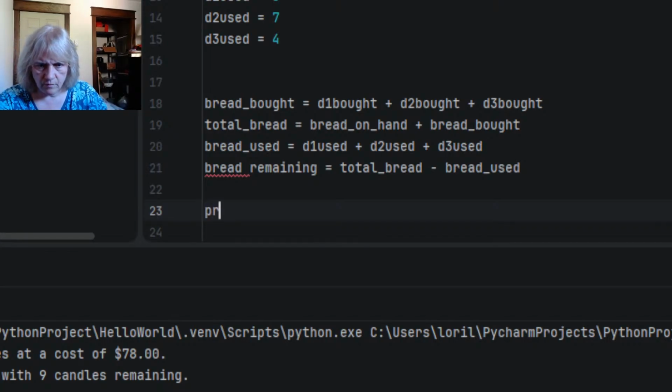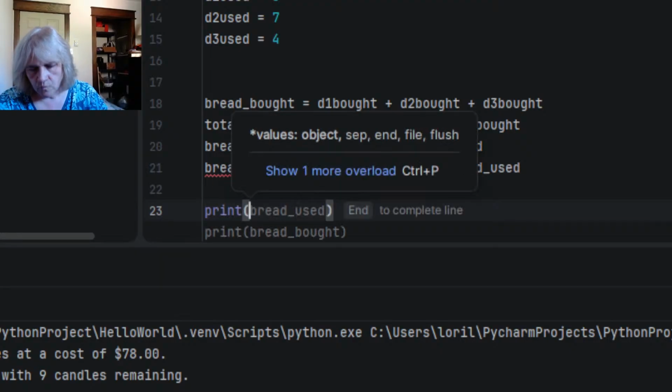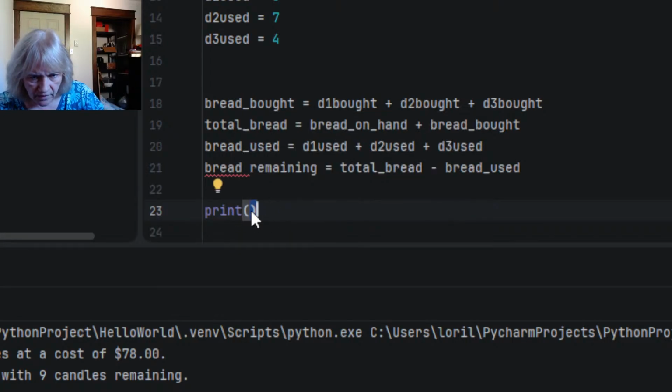So we're going to say print. Whenever you use a print command, you use brackets. So it says print, and then it got the variable in the brackets. We want to add some words to it, so we want to make legible sentences. So we're going to start with some text, and we're going to use quotation marks, and we're going to say